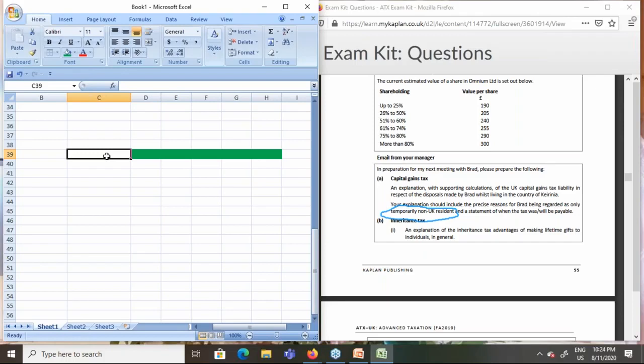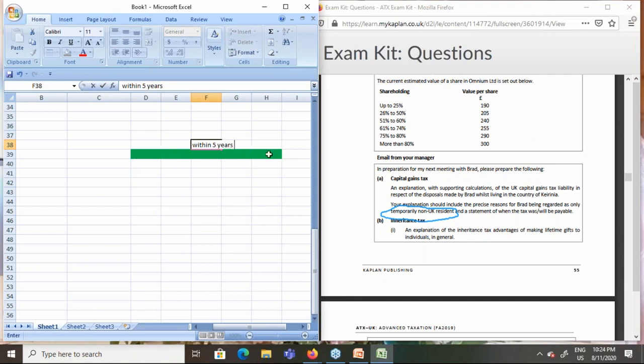Say you leave the country, but you return within 5 years. You return to the UK within 5 years. In that case, while you were absent from the UK,